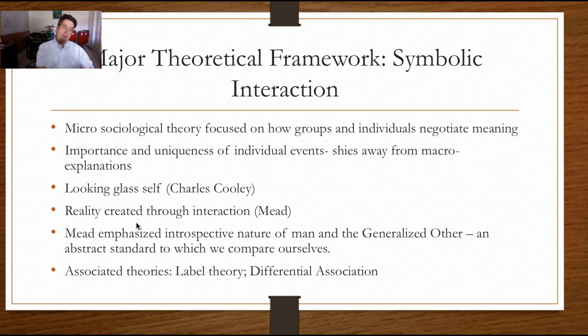You can see the impact of label theory when you think about somebody who's been convicted trying to find work with a criminal record, and people immediately label them in some way and then shut them off from this opportunity. And then the person may reflect upon that and say, I guess I am this kind of person, because otherwise why would everybody treat me this way? And so you can see how they're socially defined, and this kind of thing interacts and feeds back upon itself. Differential association is another theory that's associated with symbolic interaction.